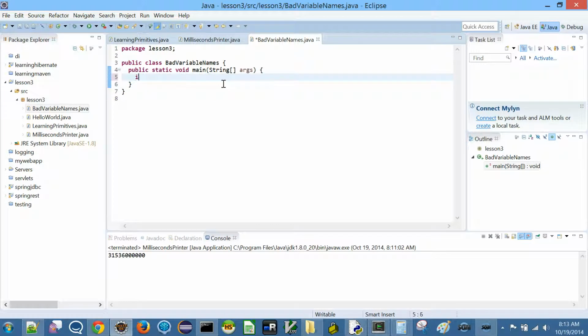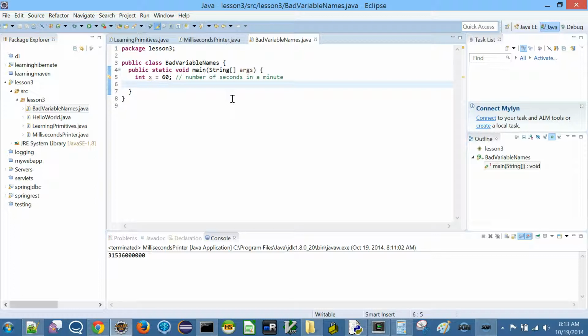I'll say int x equal to 60, and then here I say number of seconds in a minute. Like I said before, you have this comment. Everything after this is a comment, and in Eclipse the default font highlights it using the color green for comments. Now this is okay, this will work.